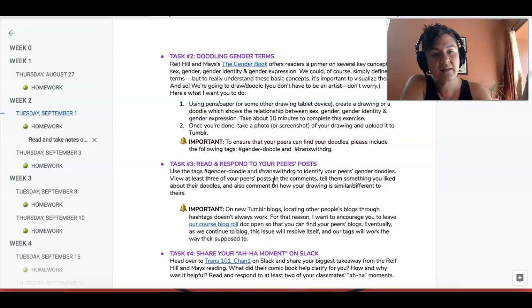So you read the homework, and all I'm asking you to do is draw a visual representation. Most of us already have seen some visual representations, like the genderbread person. That would be one way that you might be able to visualize the relationship between those 4 terms.